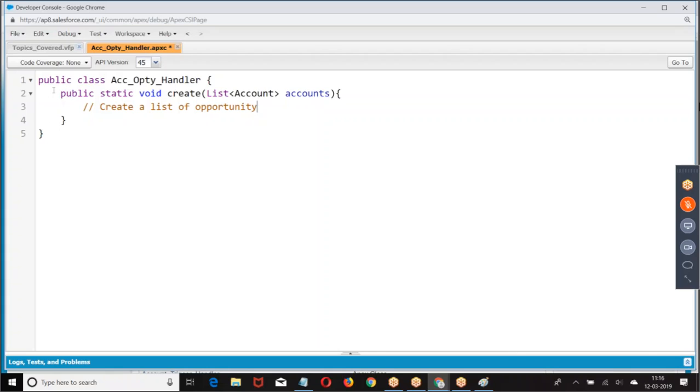So how many opportunities will come? If there are 10 accounts, 10 opportunities. 20 accounts, 20 opportunities. 1 account, 1 opportunity. Because I am not sure how many opportunities we are going to get, there's a reason I am going with a list of opportunity.